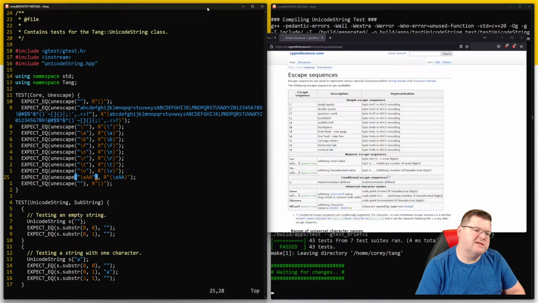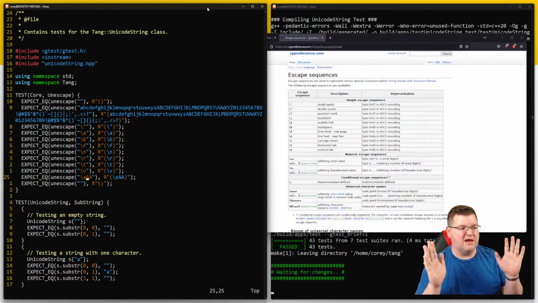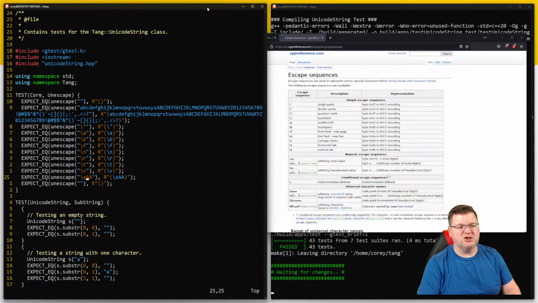This represents the hexadecimal value AA as a single char. And that should come across as an escaped \xAA. So the idea is that we're wanting to